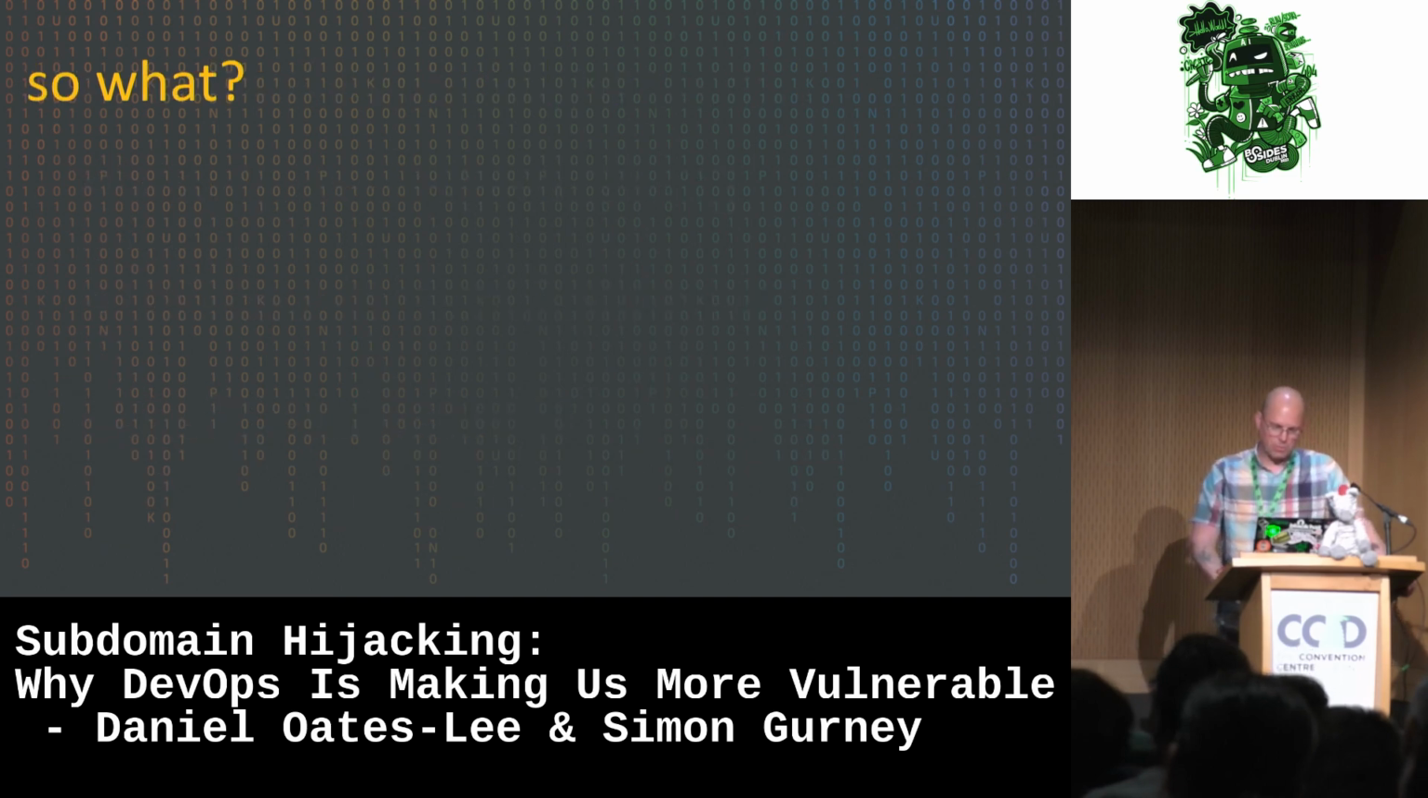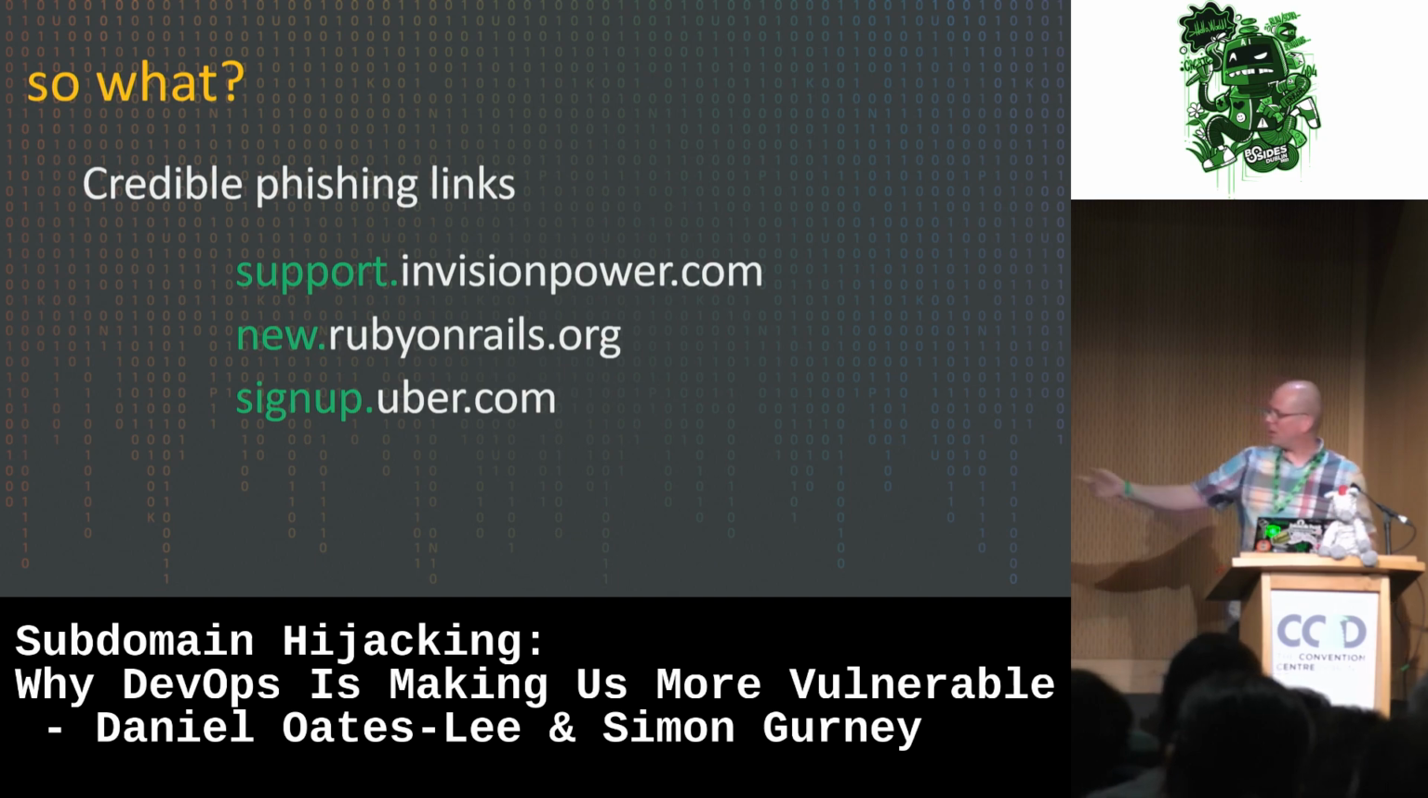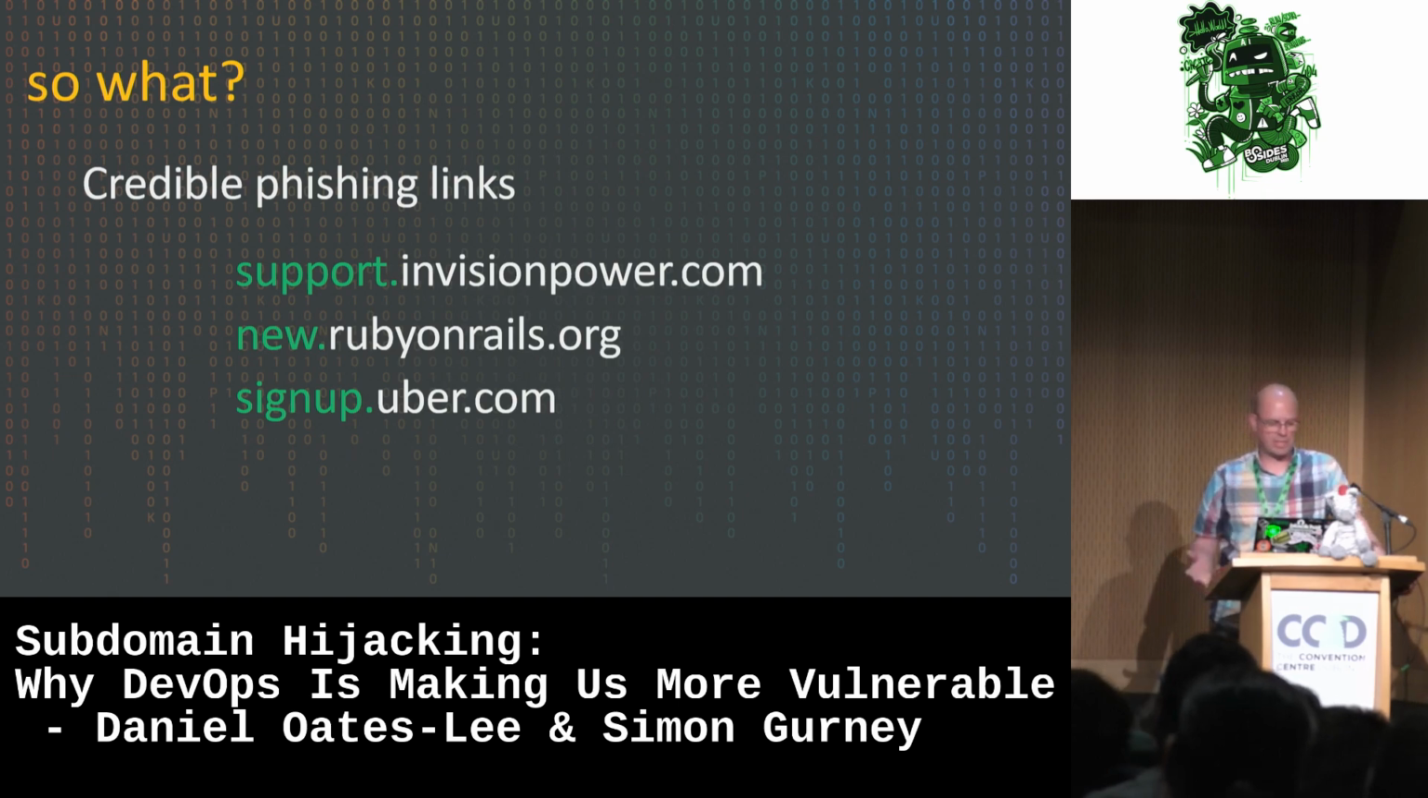So what is the so what? Well, obviously they can start creating credible phishing lists. I mean, Uber had this against them, a name server takeover. And the attacker took over signup.uber.com, and then were able to send out phishing links using that to trick people to go and hand over their usernames and the passwords, or to click on a link and download